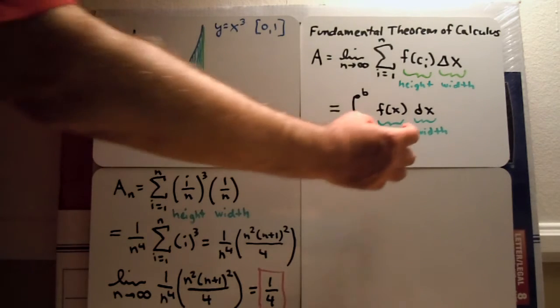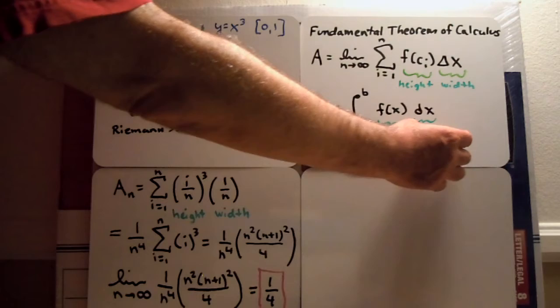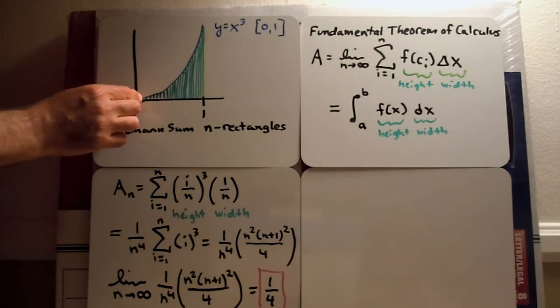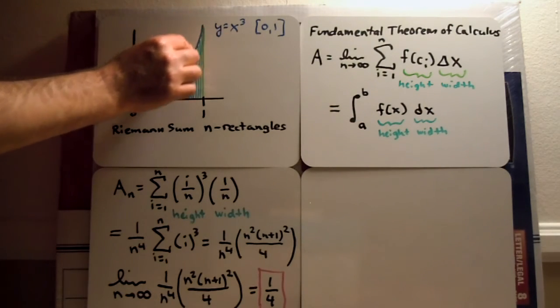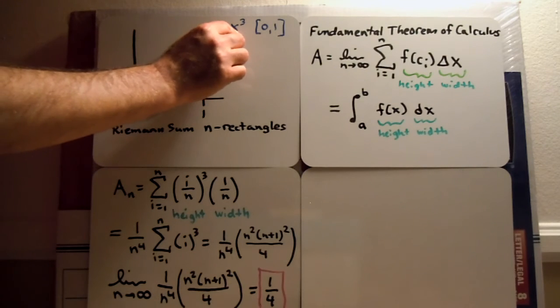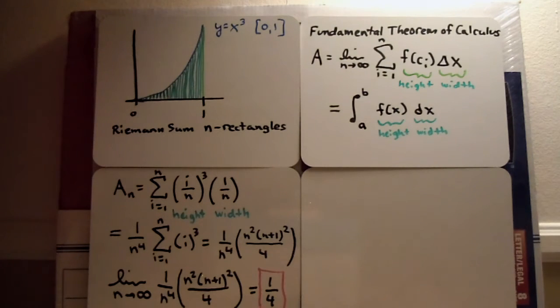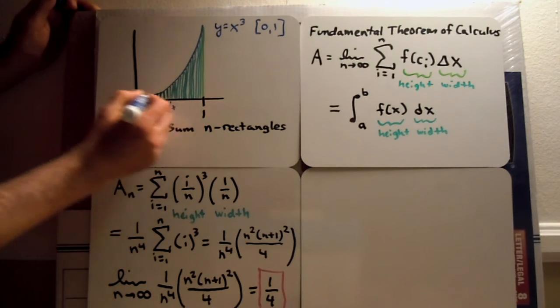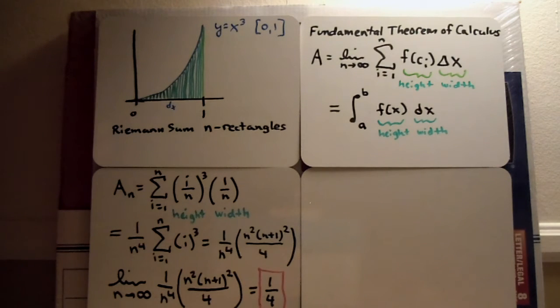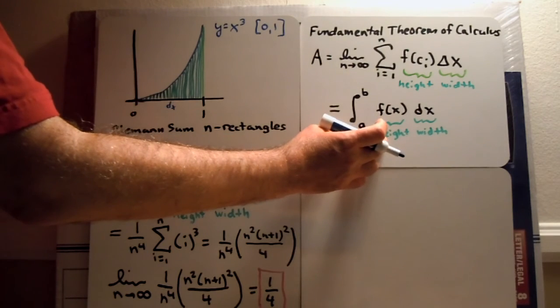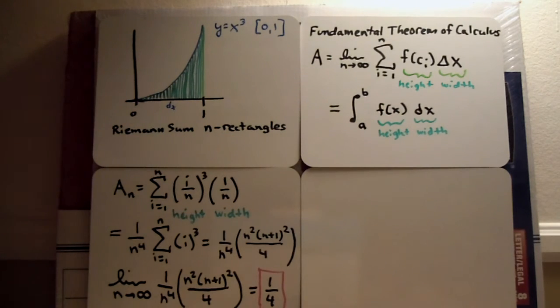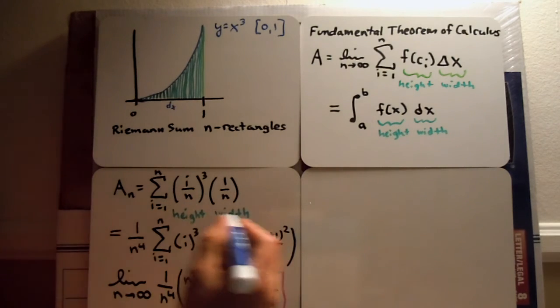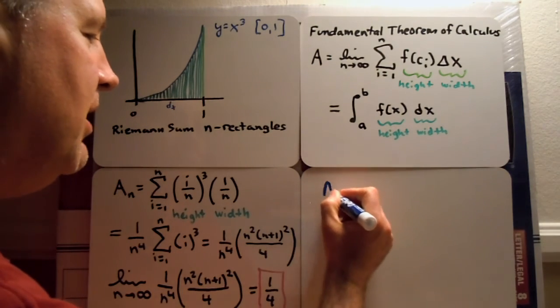where this again is the height times the width, the height being the value of each of the subintervals evaluated at x to the third times an infinitesimally thin dx for each of the infinitely thin subintervals, that would give you the area under the curve. Well, let's see what happens when we do this. The definite integral should be the area,